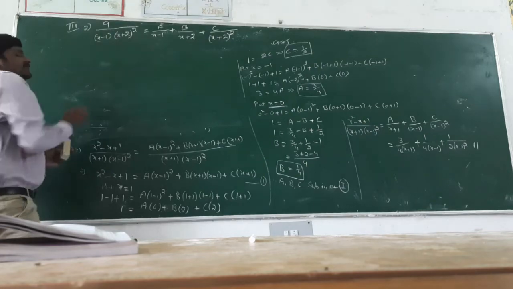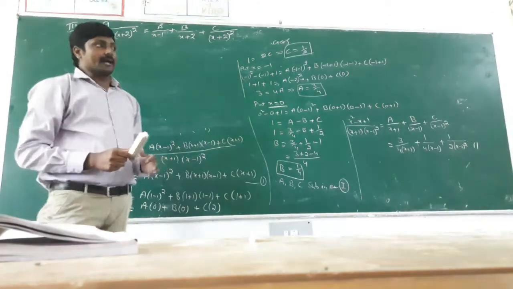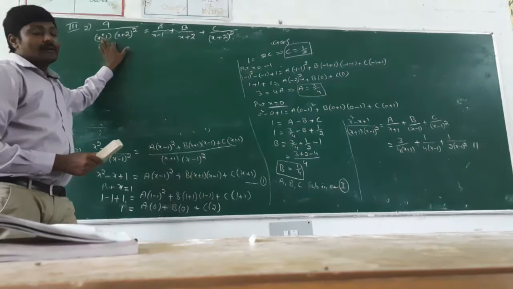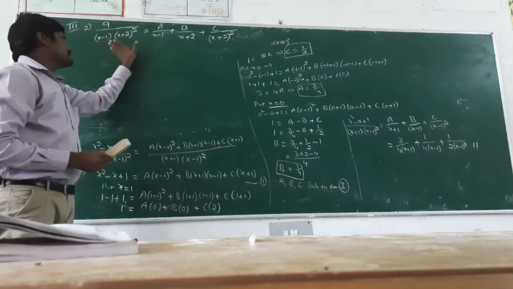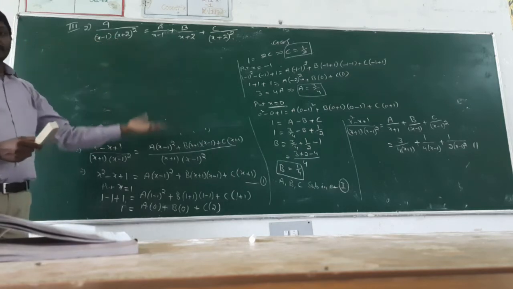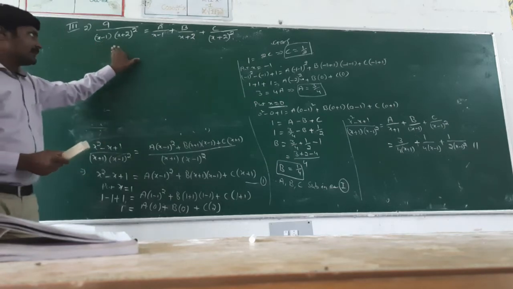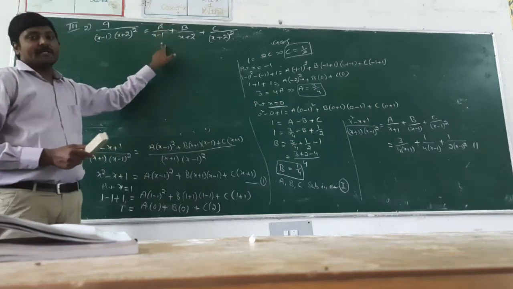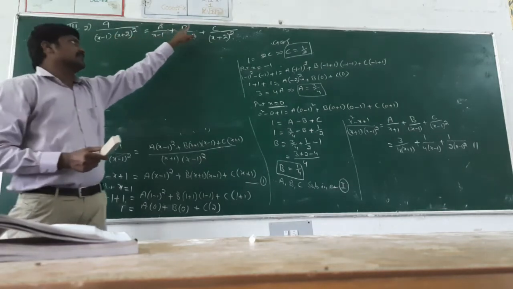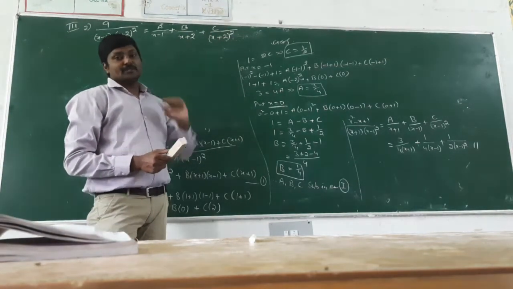Okay, the first step is very important. First, check whether it is a proper fraction or an improper fraction, and next, the type of g of x: whether g of x has a repeated linear factor or non-repeated linear factors. X minus 1 is a non-repeated linear factor. That's why we take a by x minus 1 only. But x plus 2 is a repeated linear factor with power 2. That's why we take b by x plus 2 power 1 plus c by x plus 2 power 2, x plus 2 whole square.